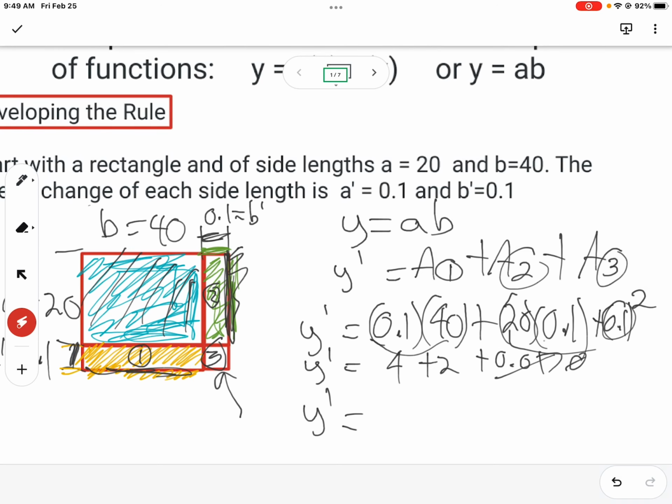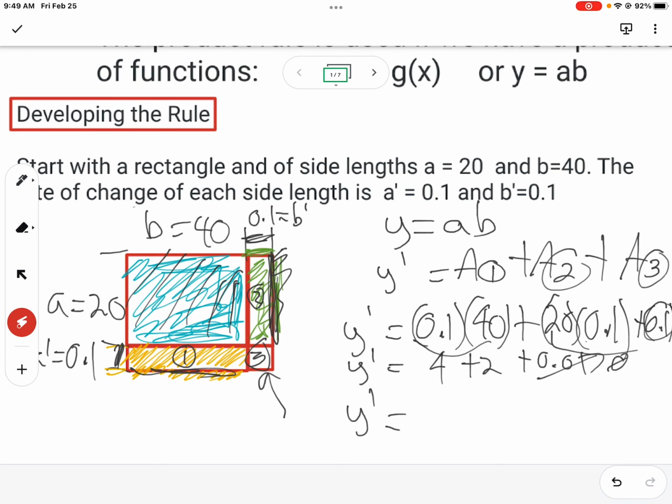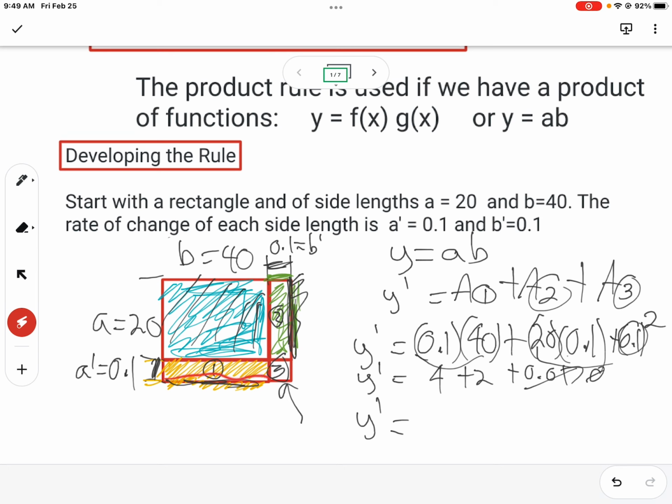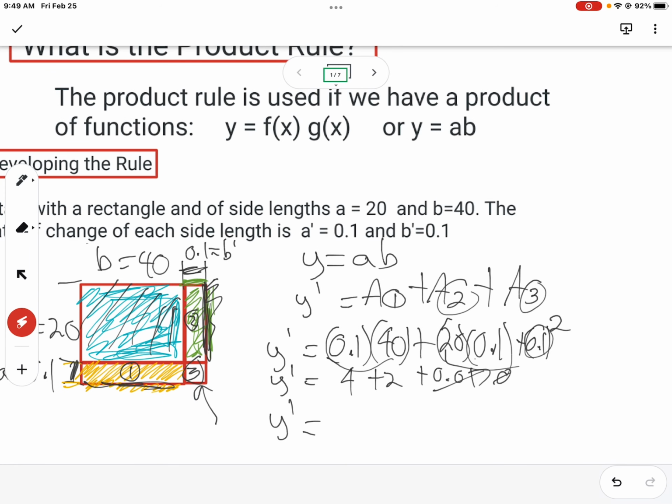So that distance there is 40, and that distance is 0.1. That's B, and that's A prime, right? So A prime is 0.1, and that's B. This rectangle has dimensions of A prime by B. A prime multiplied by B plus,